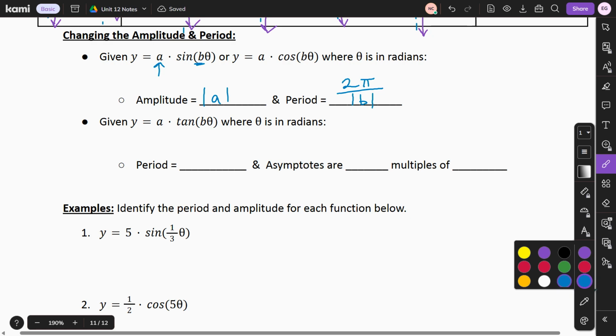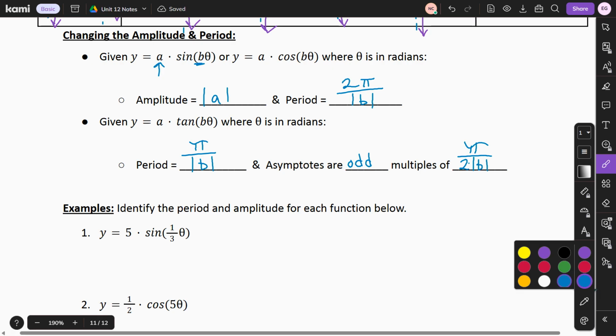Now for tangent, we know the amplitude is undefined, so we don't need to worry about that. That's not going to change. But the period can, and where the asymptotes are located can change. Because tangent has a normal period of pi, we're going to start there, and we're going to divide the normal period by the absolute value of b to find the new one. And the asymptotes are going to be located at odd multiples of pi over 2 times the absolute value of